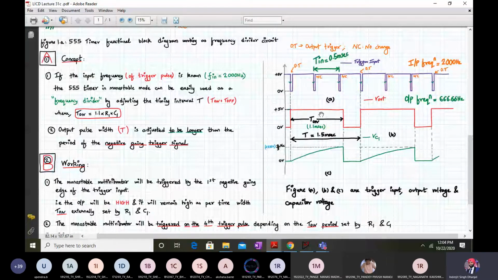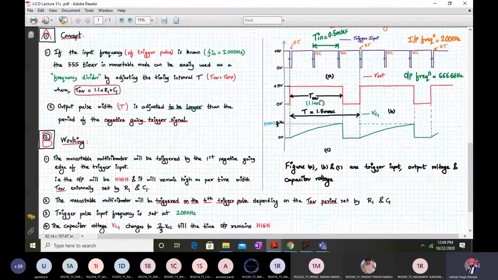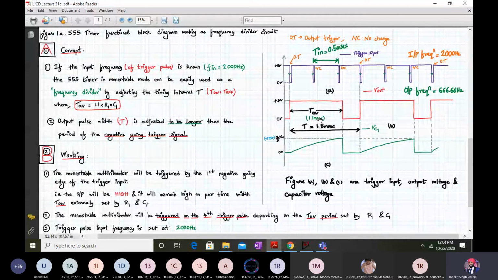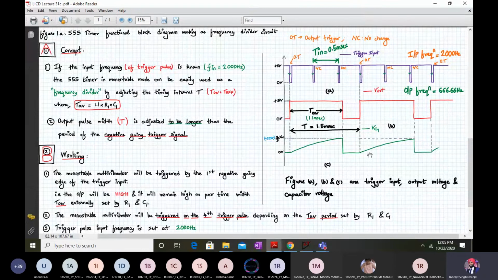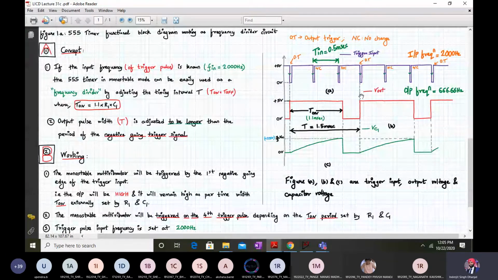So you understand the monostable multivibrator. The T on is fixed by external R1 and C1, so it's totally dependent on that, right? As soon as my output is high, my capacitor also starts charging, and it can maximum charge to 2/3 of VCC. So this much you all know. As soon as my capacitor voltage reaches 2/3 of VCC, internally some actions happen and my output goes to 0. My capacitor will discharge instantly, and that also will go to 0. The next time the output will be high is when my next trigger pulse comes. So this was the working of my monostable mode.